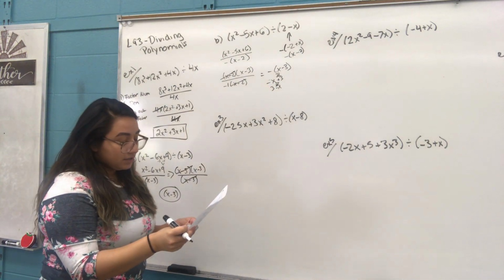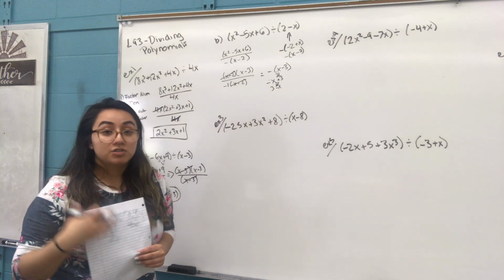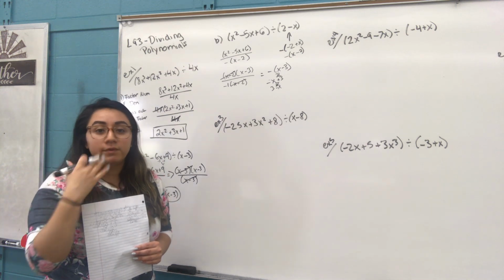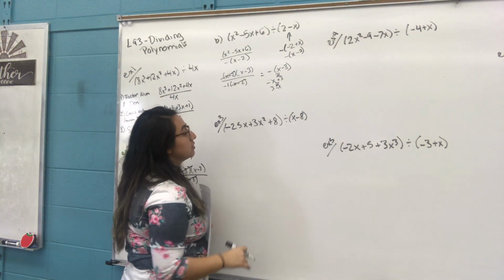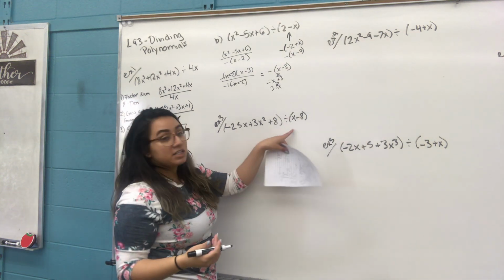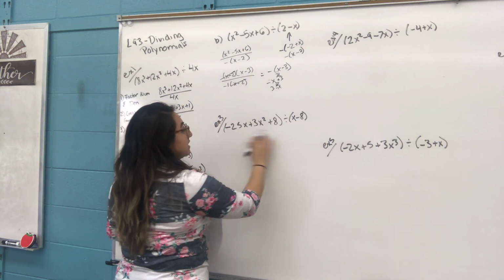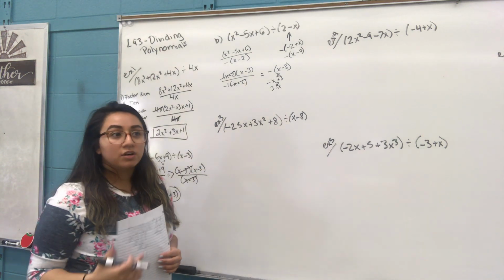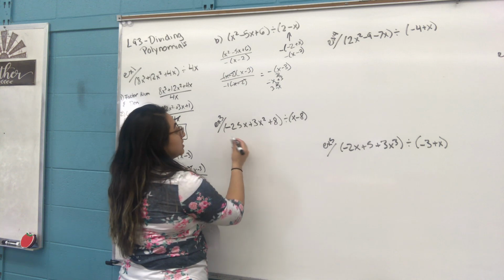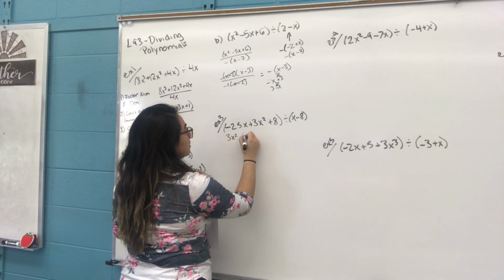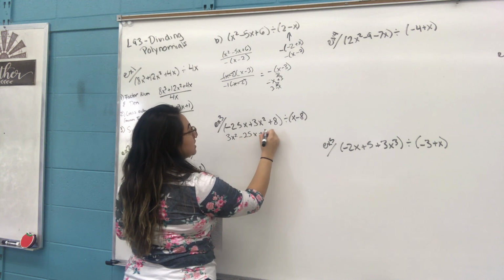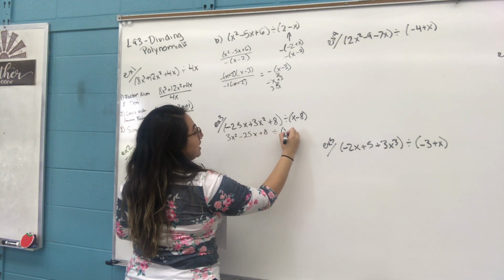Example 3. Now we're going to start learning how to divide polynomials just like the old-fashioned way we've learned in grade school. So here we have negative 25x plus 3x squared plus 8 divided by x minus 8. First of all, this is not in descending order. Always make sure your exponents are in descending order. So if I make it into descending order, I have 3x squared minus 25x plus 8 dividing into x